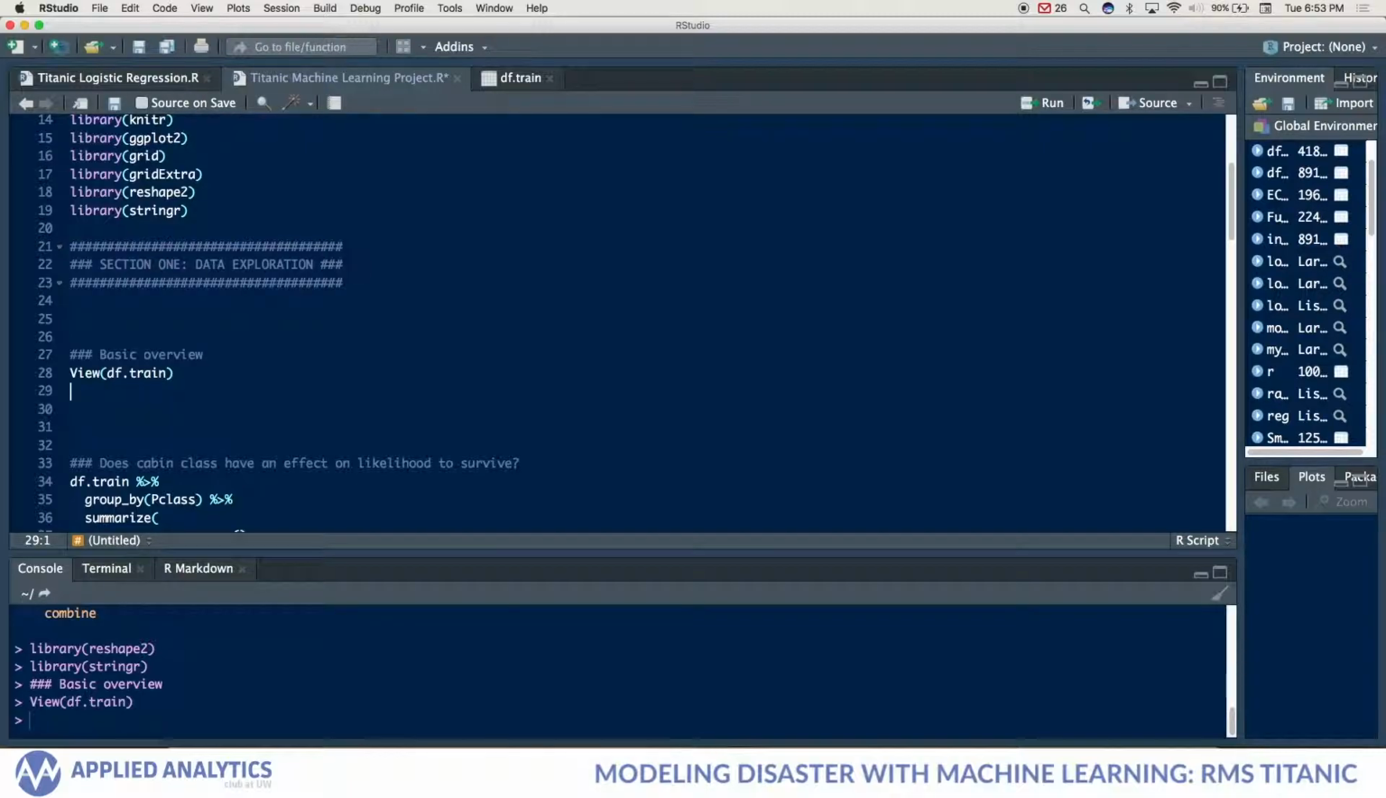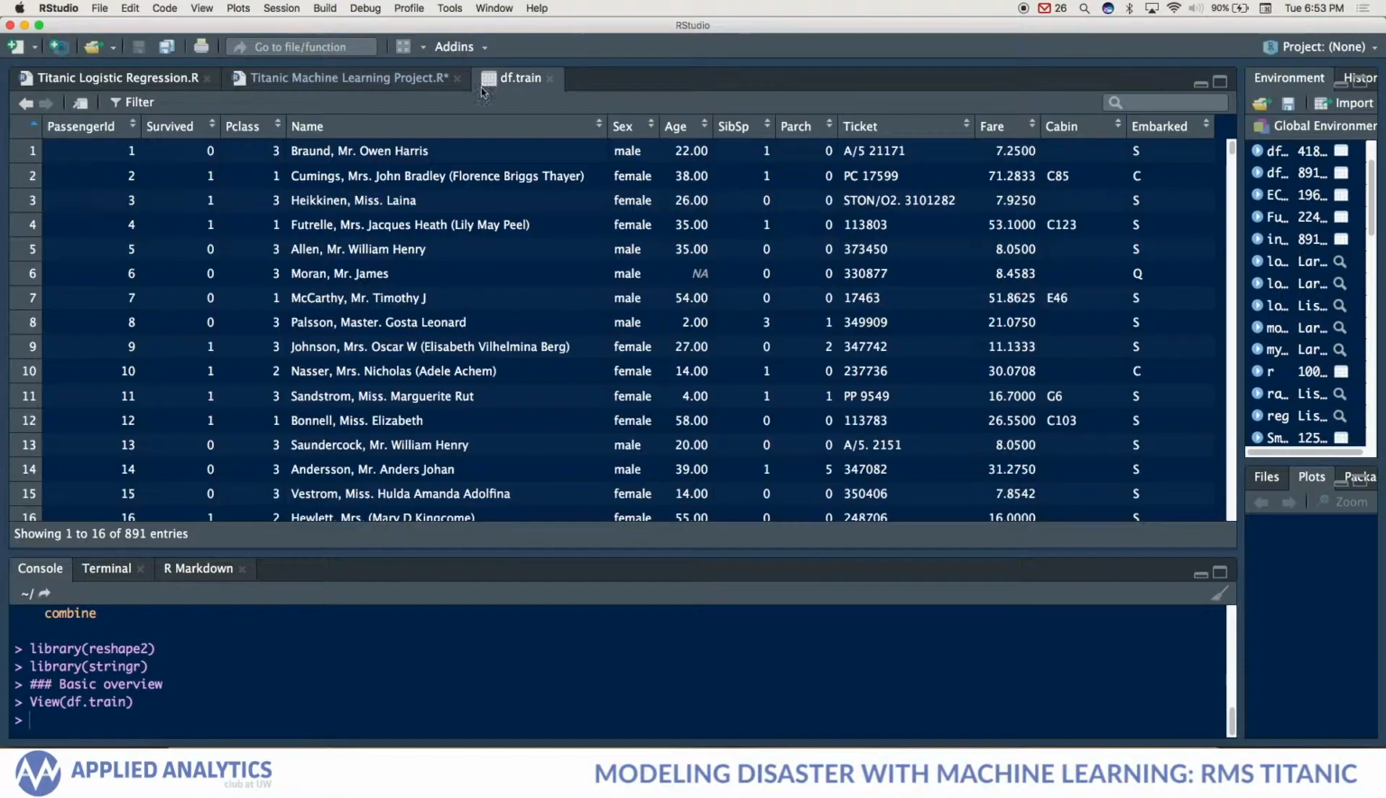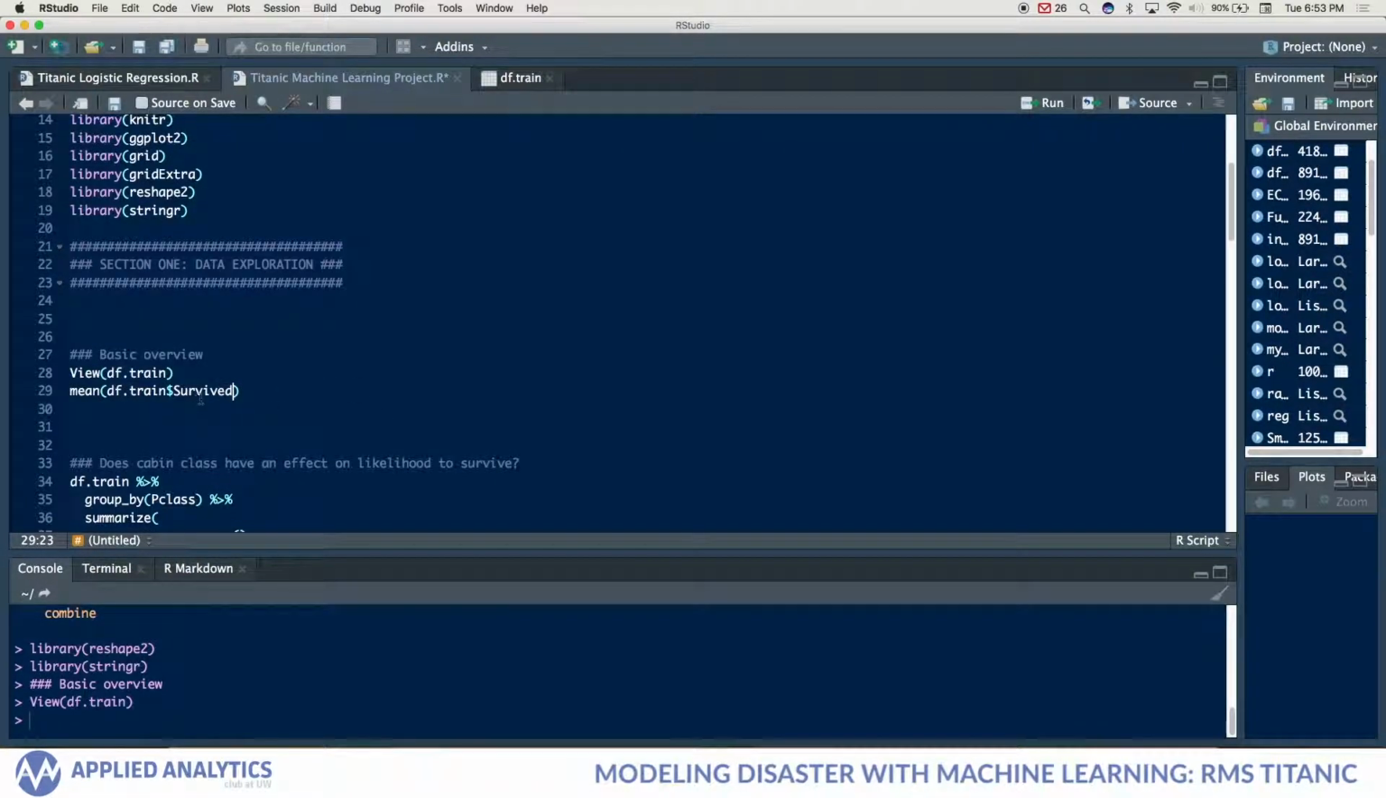Next, we're going to use the mean command. We're going to use mean of df.train, that's the data frame that we're getting information from, then a dollar sign, survived. We're pulling up the survived variable from the df.train data frame. We'll run that, and we'll see that the mean is 38%,